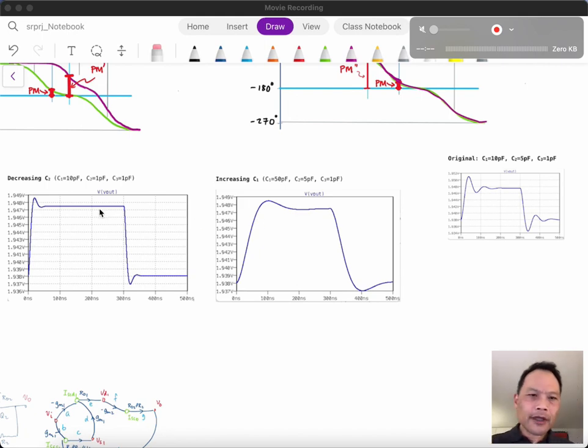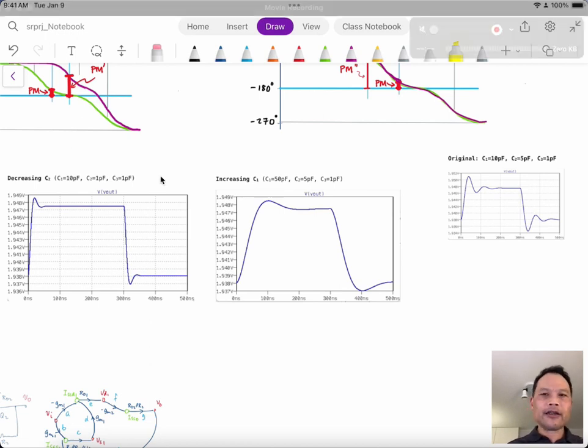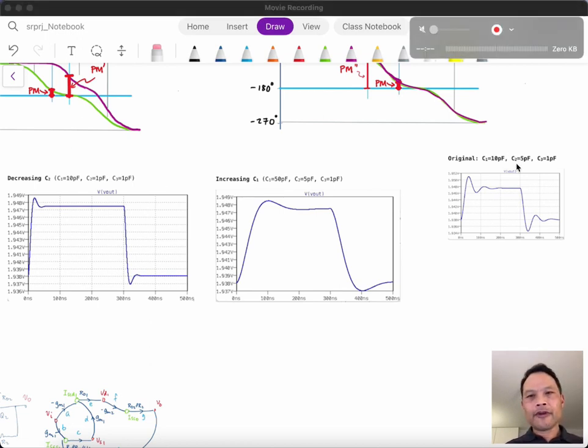Sometimes, however, the capacitance at the output is constrained, fixed. Say if you were selling this as a component and you guaranteed that the amplifier could drive a load up to 5 picofarad, then you have to keep this,